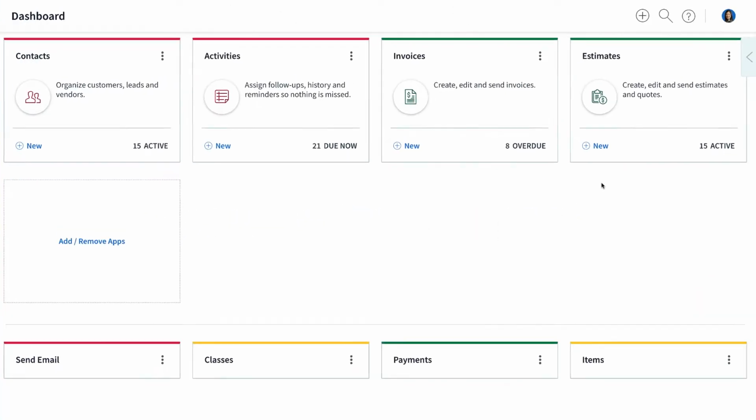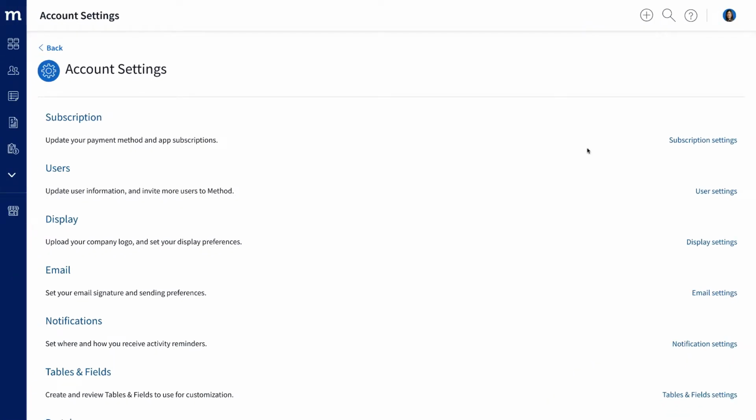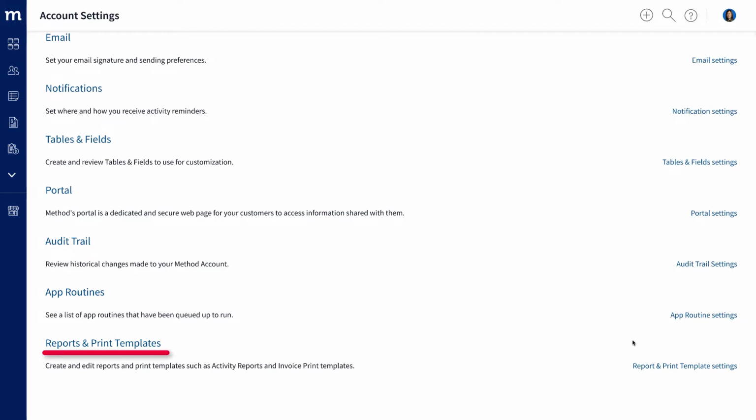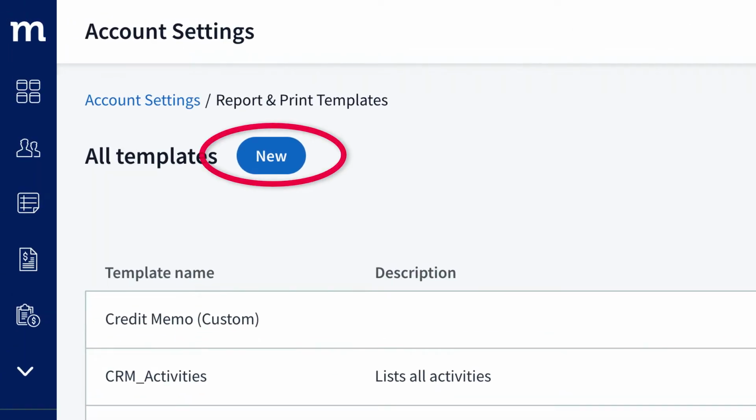Log into your Method account and click your profile icon in the upper right. Select account settings and scroll all the way to the bottom to find report and print templates, which we'll click. This shows all the reports and print templates in our account, and we want to click New to create a